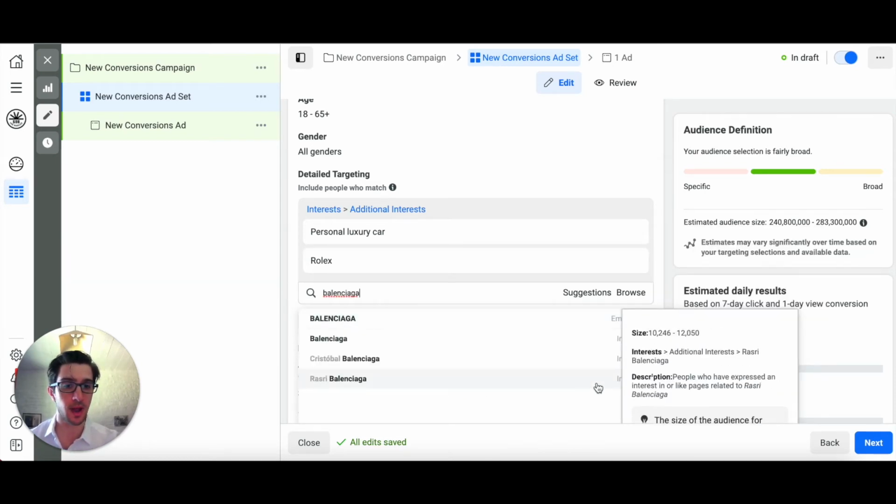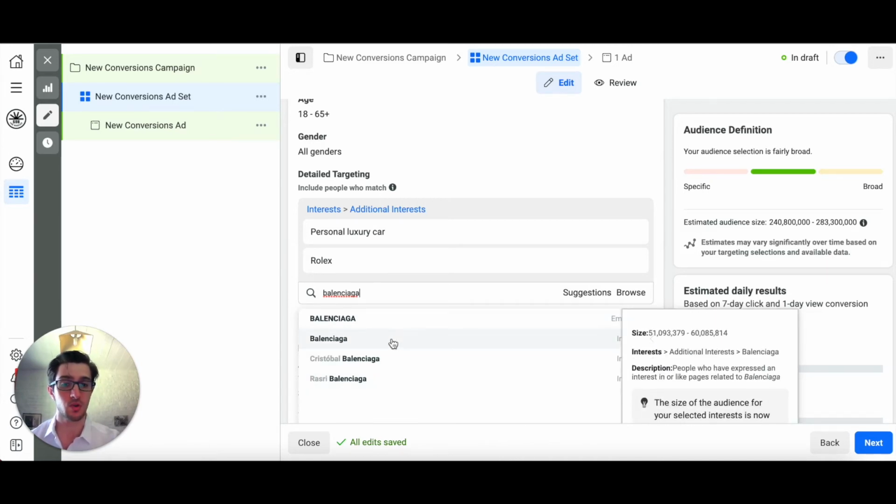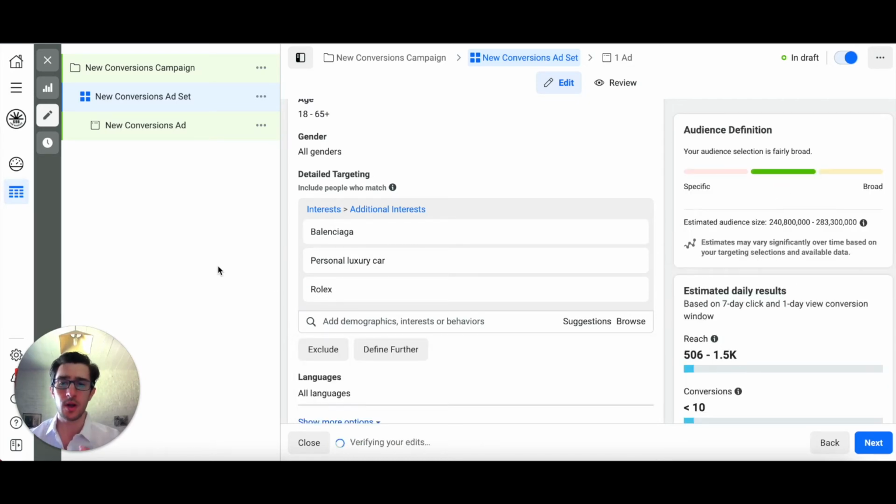And we don't want to go after the employers, rather we want to go after the interests. So we click Balenciaga. What you want to do is build out a list that is rather extensive. Right now I only have 3, but ideally you would want to build up to about 10 interests and test those out, assigning a $5 value to each one of them and seeing which one performs better. And from there, you start cutting the underperforming audiences and scaling, or essentially increasing the budget of